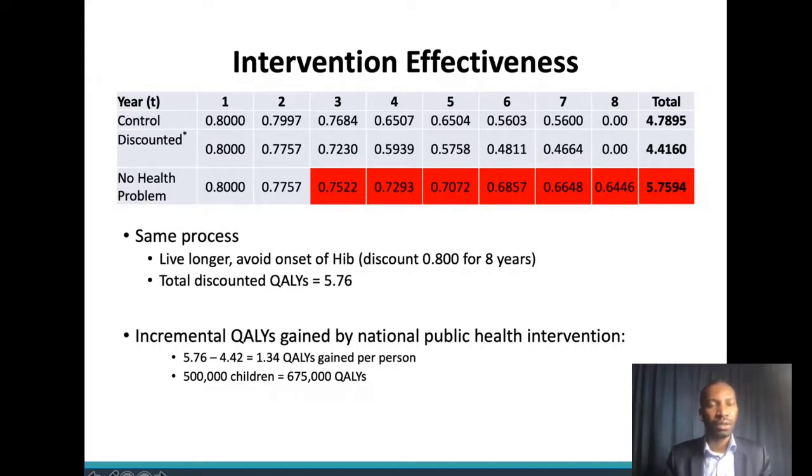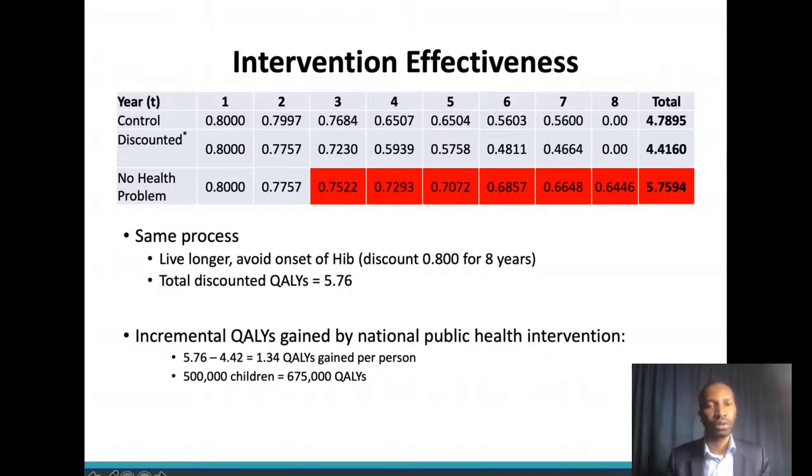So it's the same process. We live longer, we avoid onset of HIV, so we discount to 0.8 for 8 years, and the discounted QALYs are 5.76. The incremental QALYs gained by the National Public Health Intervention would then be the 5.76 minus the 4.42, which is 1.34